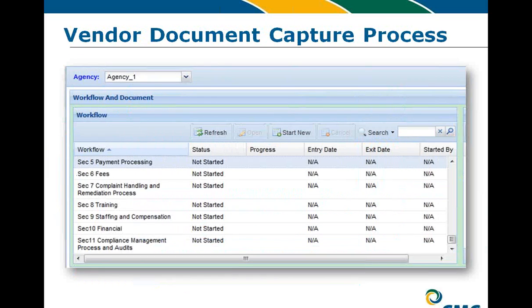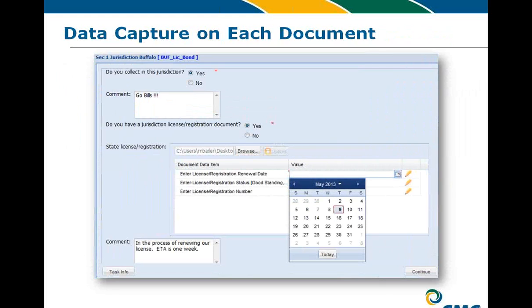So within this Credibility portal that we've got, you have the ability to define the different sections you see here on the screen, the things that you want to have them answer questions about and/or upload documents about. For each agency or other third-party vendor, you'd have the ability to define which sections you want them to partake in. Having done that, you can define the data that you need to capture about each document. So this is an example of